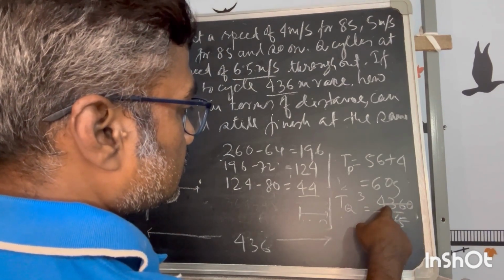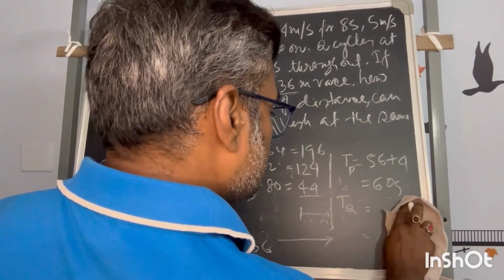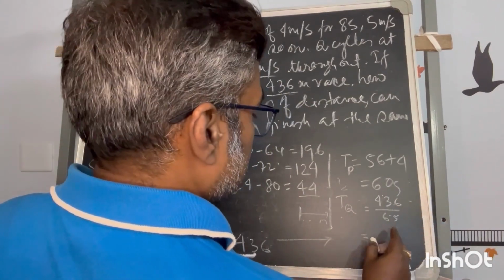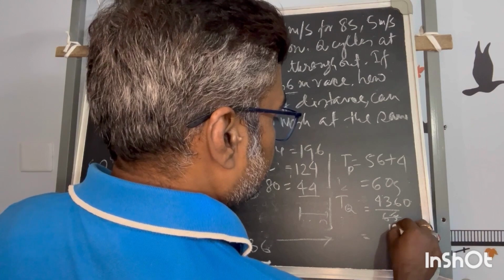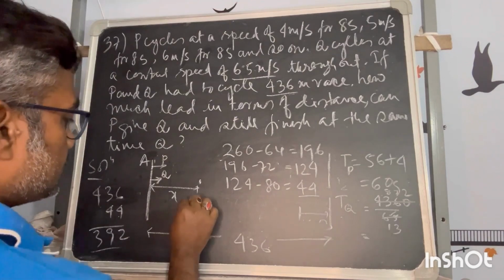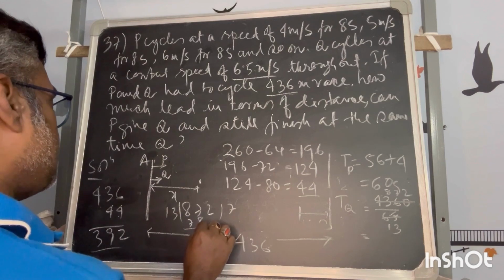13 3, 4 6, so that means 13 3 again. This will not be cancelled out, so how much? 6.5 by 436 meter, so 436 divided by 6.5 meter per second, so that will give you the seconds. So this is equal to 0, 65 is equal to 5, 13, 5, 8, 5, 7, 5, 2. So let me divide: 872 divided by 13, 78 is equal to how much? 9, 2,